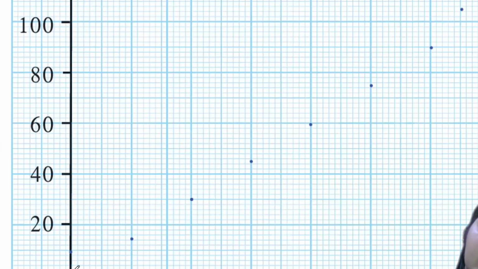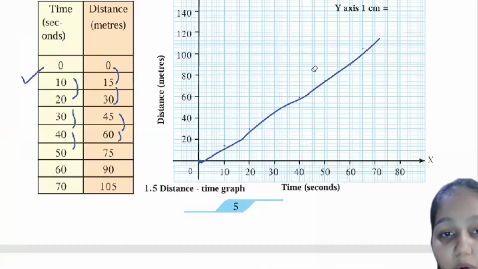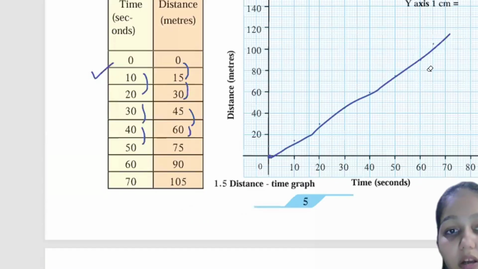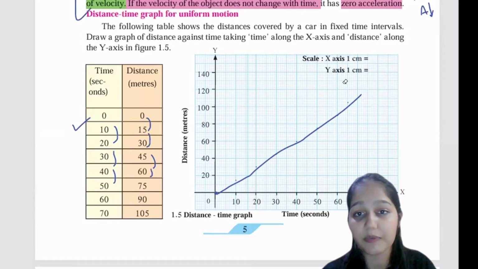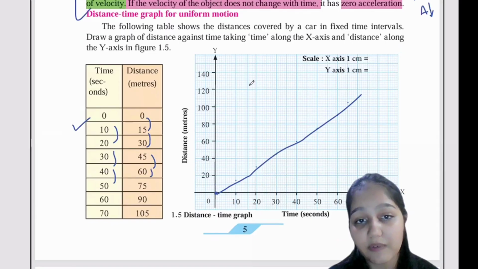I hope you understand. And then the straight line, just avoid my line because it is not accurate. Don't do this curve. Okay. So here, this is how you have to represent the graph. I hope you have understood this graph. And now we are going to understand how we have to go about with the other graphs. Before that, this is the time interval. If the time interval is same, then always represent the graph like this.